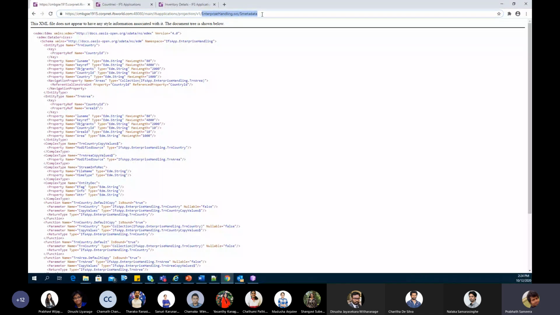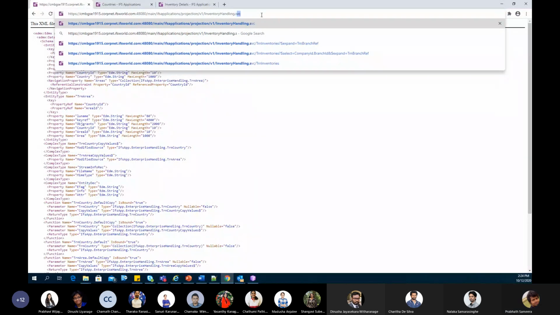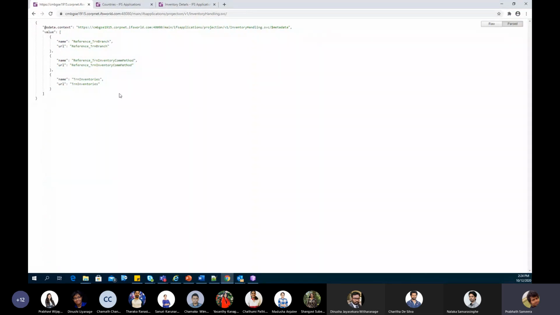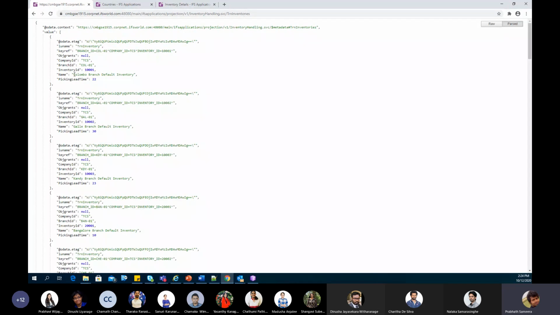I will enter its name, inventory handling.svc, and you can see that it has created a new reference for the TRN branch. If I get these TRN inventories, you can see that these are the inventories. So if I need to check what the connected branch details are for these inventories,